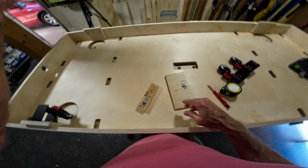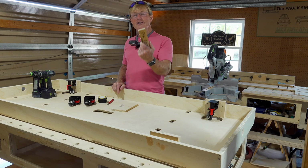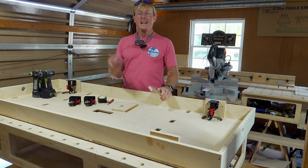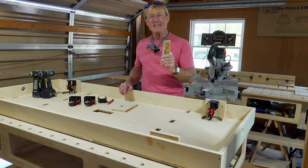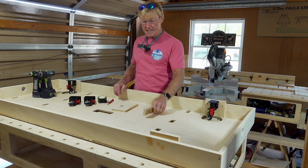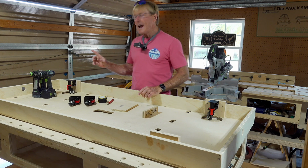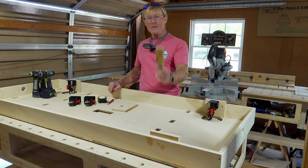This is a project you may never do. This is the first time I'm doing it, yet using these blocks was an instant tool that I was able to pull out because I use it in so many places. So think about your workflow, your production when you're doing things. Even if you only have to do something twice, if you take a second to make a block, it's going to